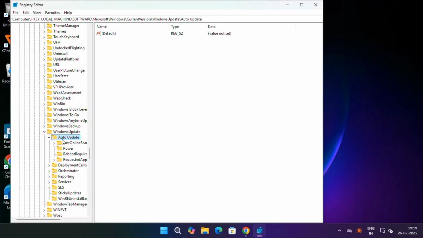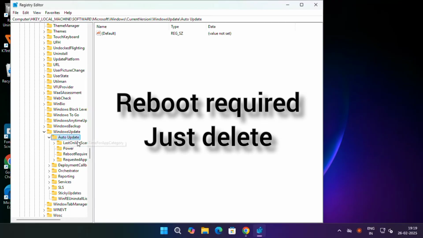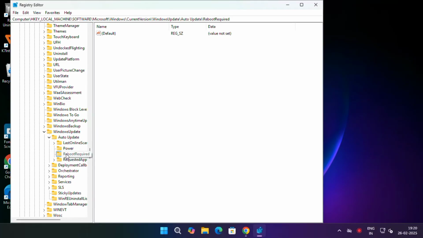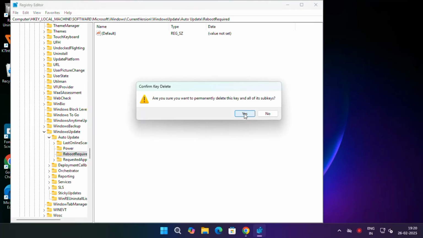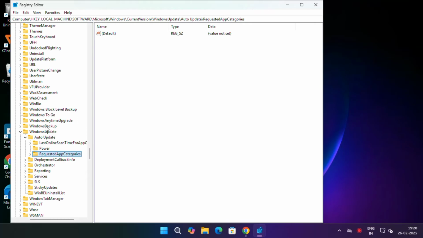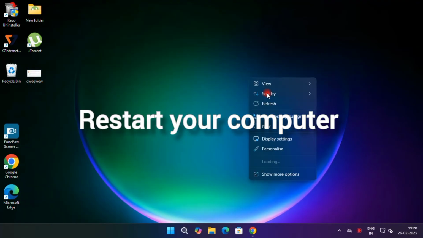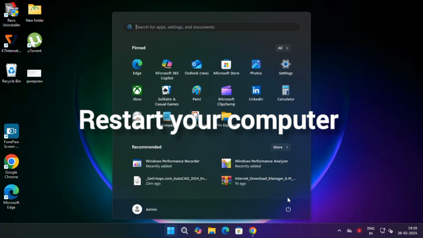Under this, there is RestartRequired. Just right click and delete. Just restart your computer now. Okay,